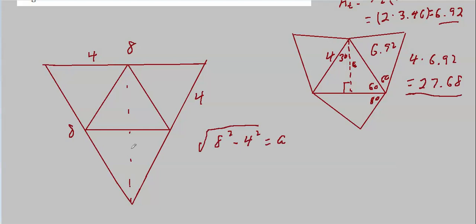Similar to what we did before, but now we have 2 things to work with, the hypotenuse and the leg. So we can do it a little bit differently. We don't need any trig to do it this way. Not that that really matters, and nothing wrong with trig. So we got 64 minus 16. And I think that's the square root of 48.